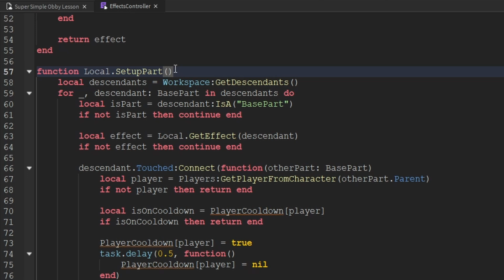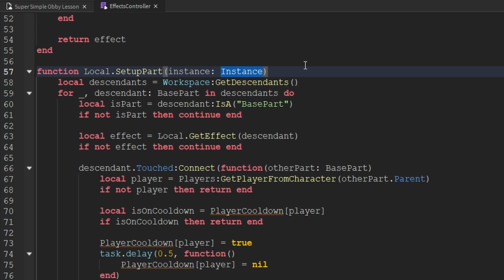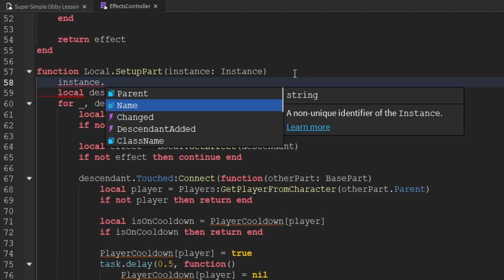And we're going to add a parameter to this function, which is going to be called instance, and it's going to be of the Instance type. Now, if you're unfamiliar with what an instance is, you could think of pretty much every single object inside of Roblox being an instance at its very core. Pretty much every single object in Roblox extends from the Instance type, and then just gets specific properties added to it. So if we were to say instance and then a period, this shows us all